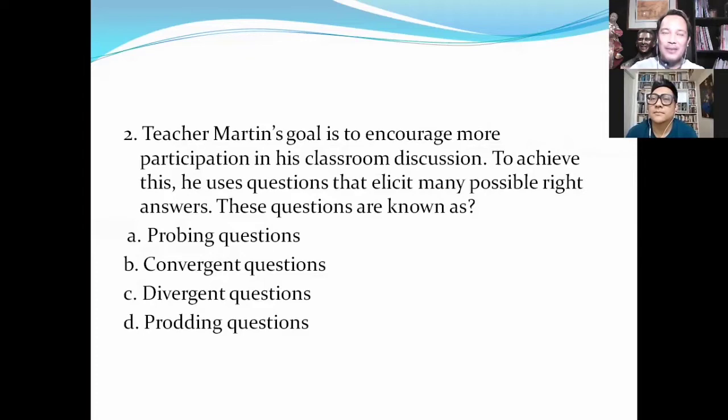Hindi siya kontento sa isang tanong, marami siyang mga tinatawag na mga follow-up question to probe deeper into the question or into the idea of the student. So, probing ang tawag, nagbubungkal siya. Pag prodding naman, yung letter D, igina-guide niya yung estudyante patungo sa tamang sagot. Okay, so dito sa number 2, if the teacher's main goal is to elicit many possible right answer.